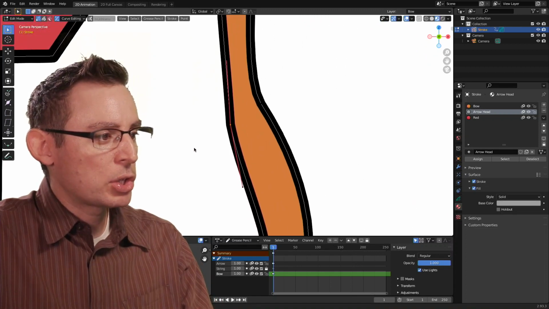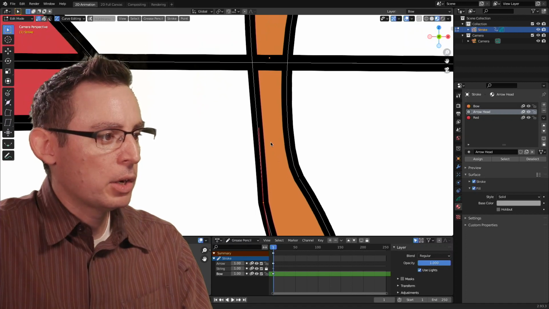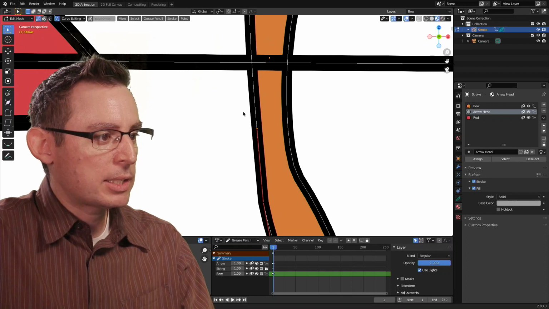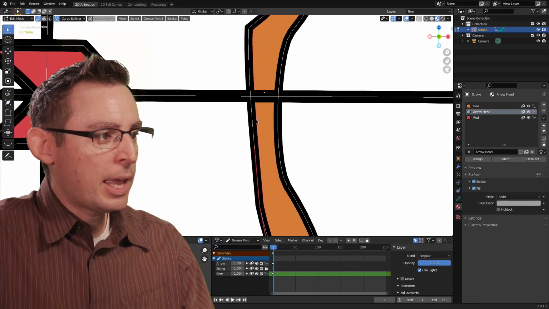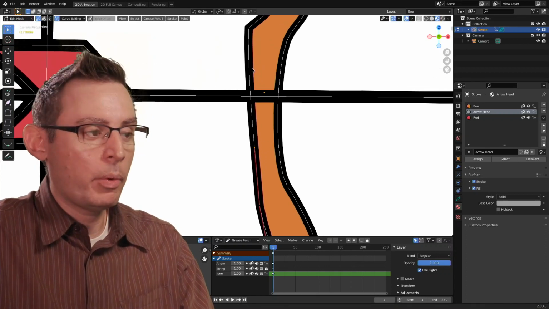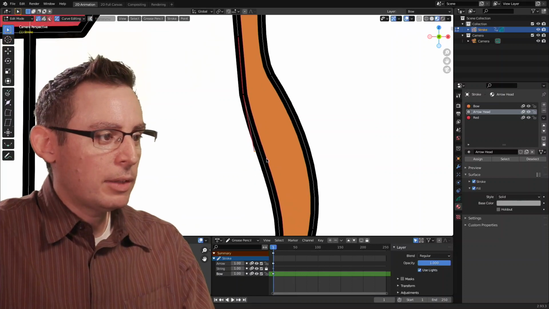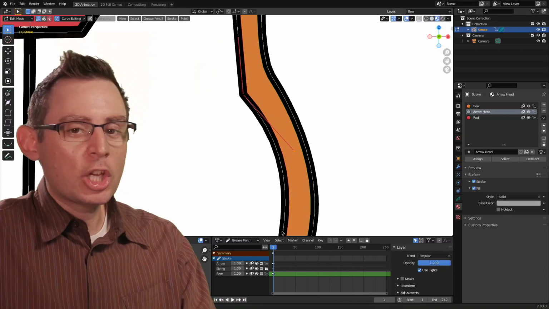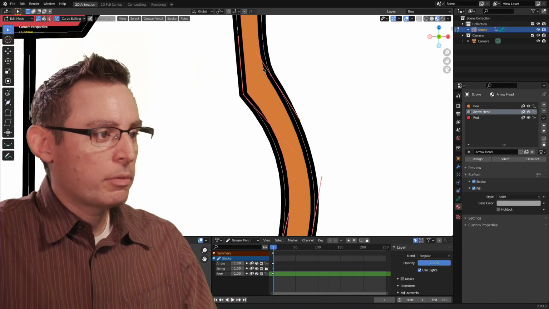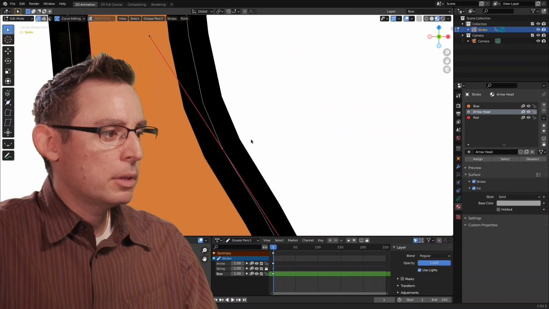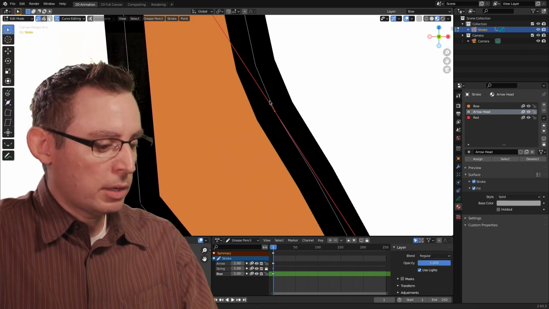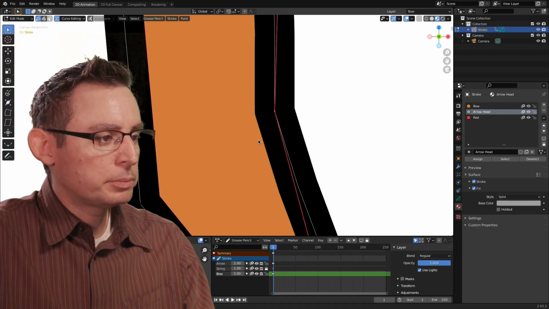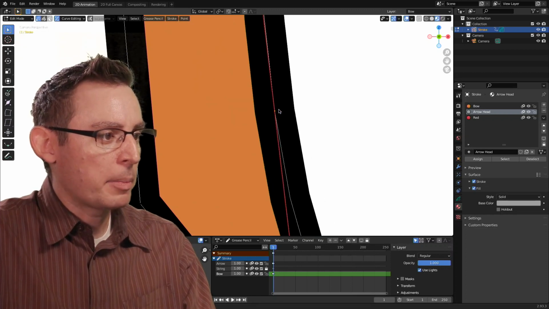And I like Vector in certain situations because if you look carefully here, what it's trying to do is, initially, it takes the handle type and points that handle at the previous curve point inside the stroke itself. Now this is just an initial kind of alignment. We're free to go in and change it after the fact as well. Let's do it on this one. I got another curve point selected here. Hit the V key to bring up the system. Let's do Vector. And then I'm going to put it back to automatic.